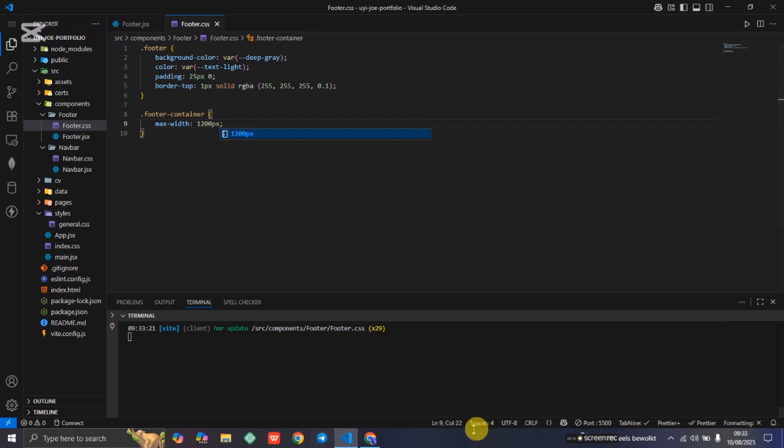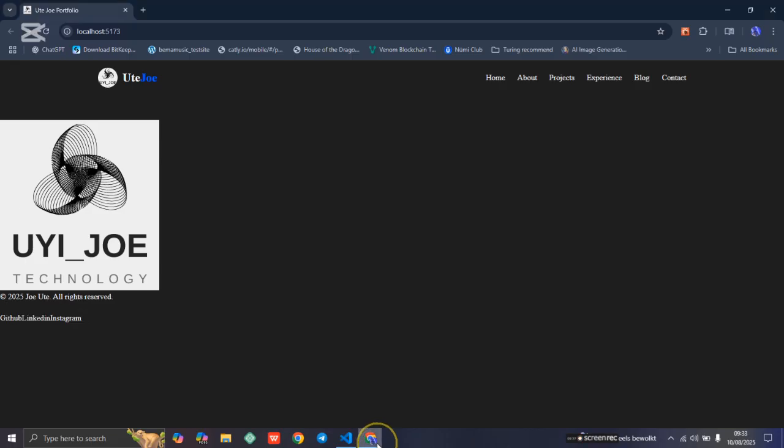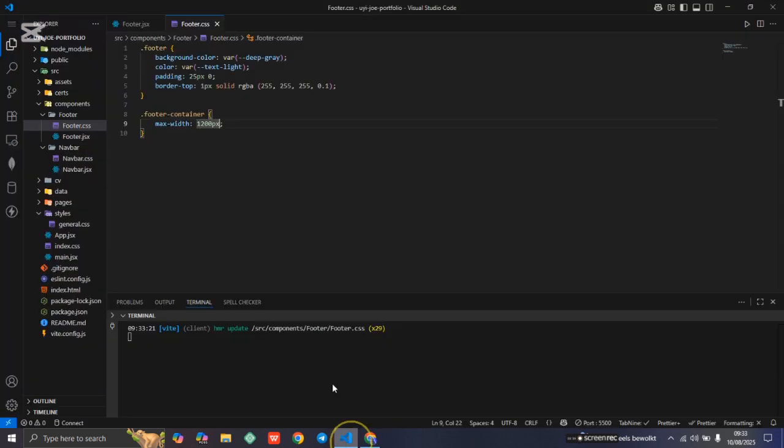Okay, let's see what we have been doing. It's making sense. You will see the sense soon enough. Footer container 1200 pixel. Now that's the max-width. Now margin auto,